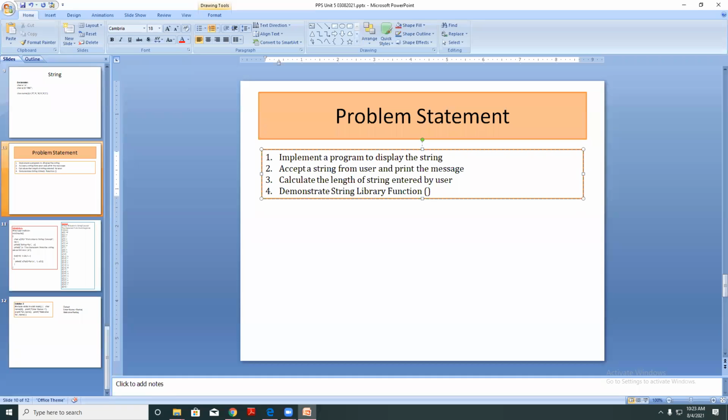Just now we have gone through strlen. This is one function. Now we are having strcmp, that is the string comparison function. I am having strcpy. This is one more function to copy a string from one string to another string. And here I am having strcat, concatenation. Okay, this we have just now gone through to find the length.